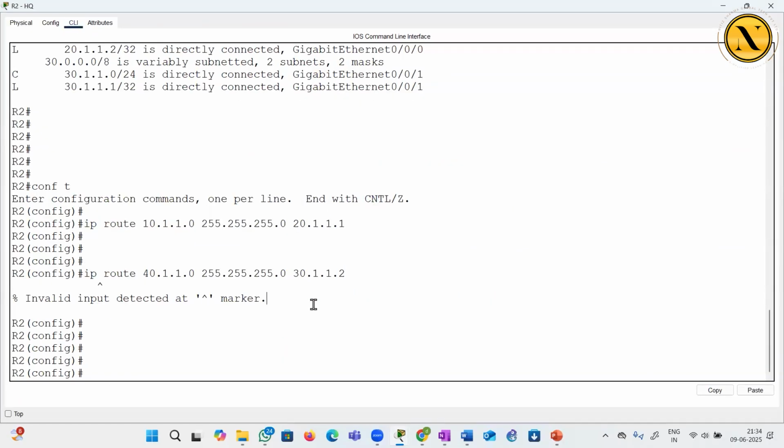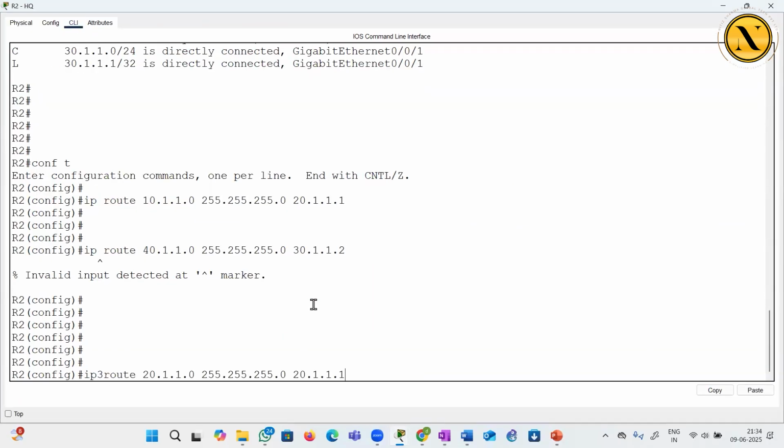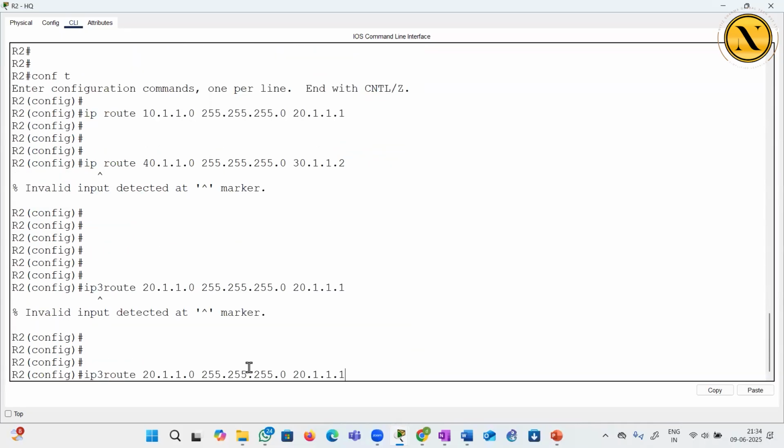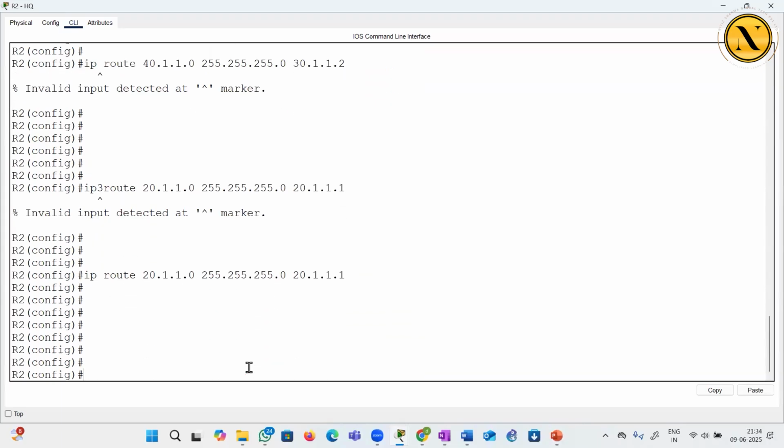ठीक तो है. This look at this IP3. Okay. Control A, Control D. Sorry, IP route. Okay. Now